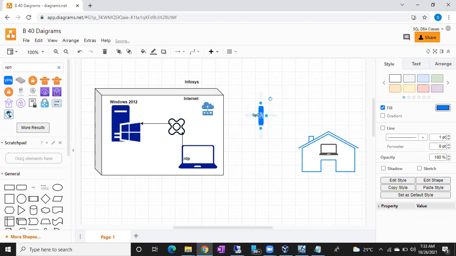It will simply help you create a bridge between your home internet, whether you use Airtel, Jio, Hathway, or ACT Fibernet, and your office internet.